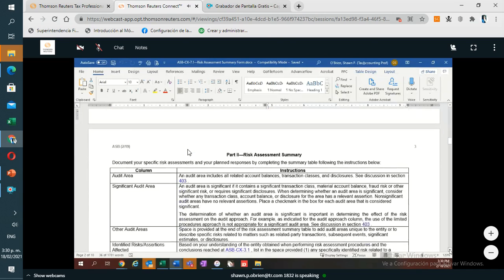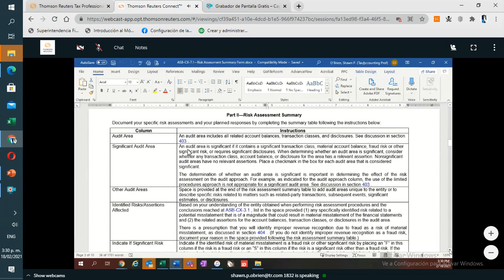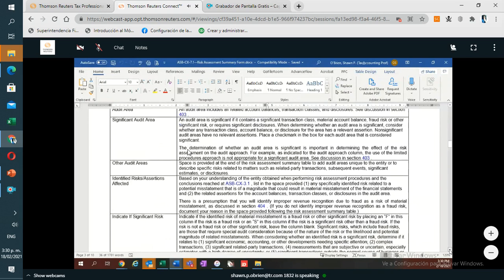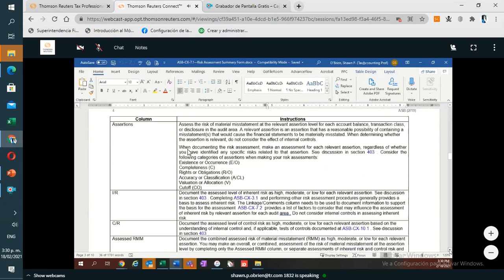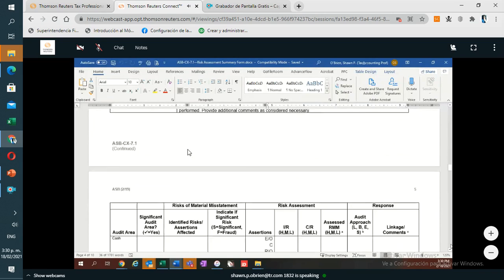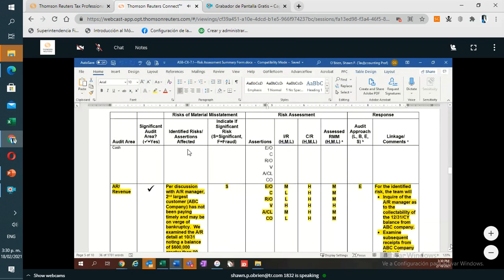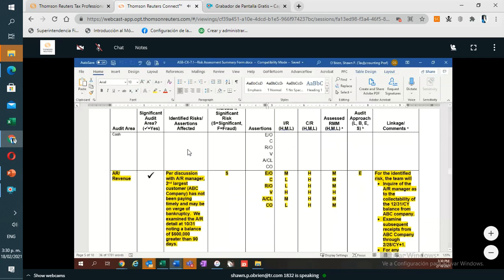As I scroll down now, by the way, this is good information here. I know you won't read it, but you really should. It's really good. And again, in Checkpoint Engage, anytime there's blue, you can click on it and it gives you a pop-up. It's like a link to the guidance. So you can read, understand these definitions, understand how these columns are supposed to be used, understand what the assertions are. It's good stuff, but we'll skip over it for now to show you the example that we put in